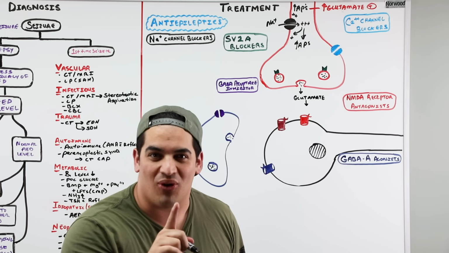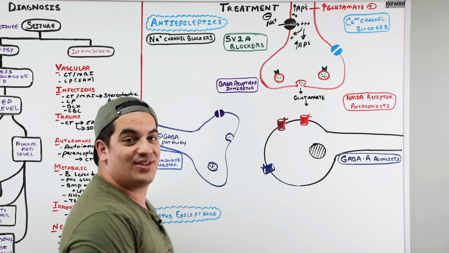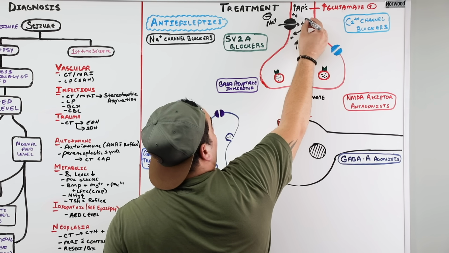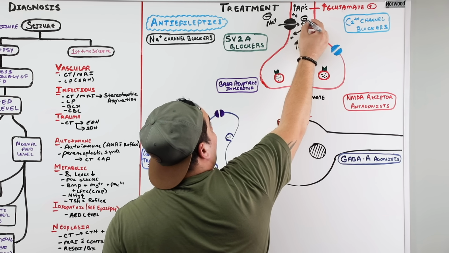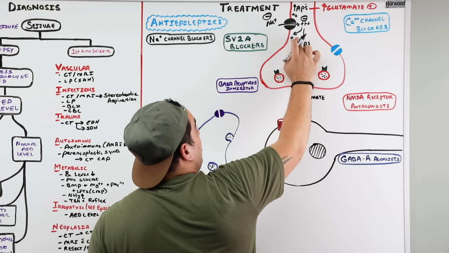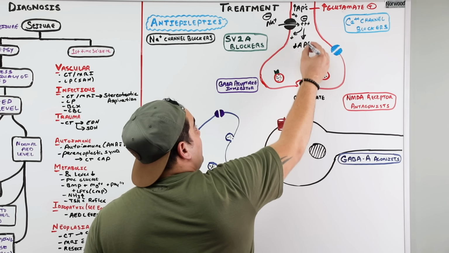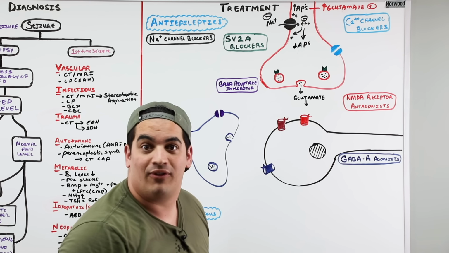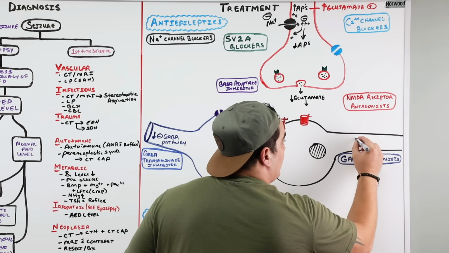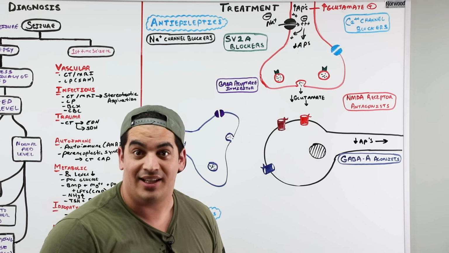So what if I give drugs that inhibit or block these voltage-gated sodium channels? If I block these sodium channels, can positive ions come into the cell? No. So I am decreasing or inhibiting these positive charges from coming in. If I decrease positive charges from coming in, am I going to be able to trigger action potentials? No, I'll decrease action potentials. If I decrease action potentials, am I going to be able to release glutamate from these neurons? No. Decreased glutamate leads to decreased action potentials being carried down this axon, less seizures, right?